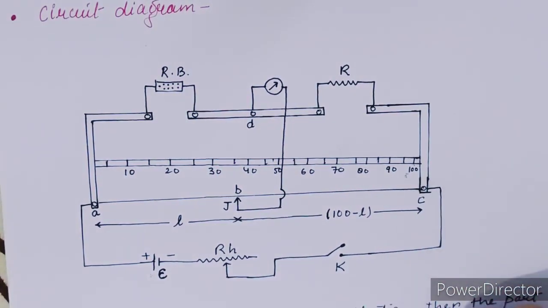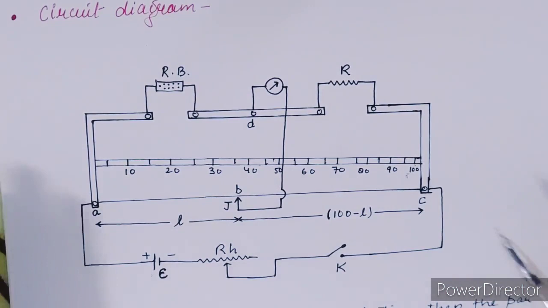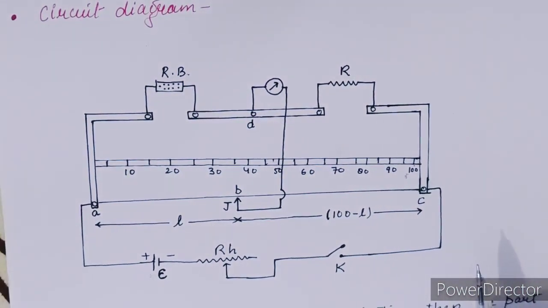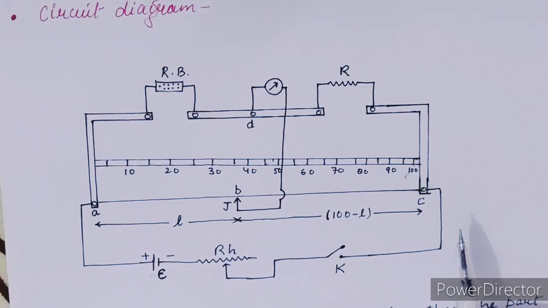So just go through this. In the circuit diagram, I am explaining the entire working and construction of this meter bridge. But I will not write the theory of the meter bridge this time, because this is your homework. I have already explained the entire process and working of the Wheatstone Bridge and provided the theory. Today I am only explaining the working and construction. You have to write the theory on your own. Remember this. Clear?